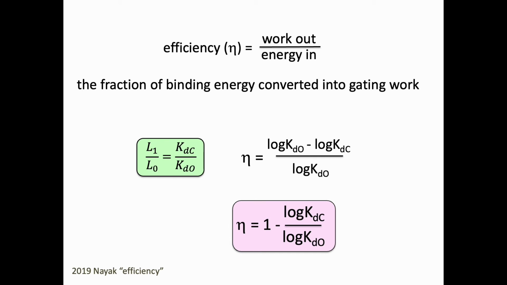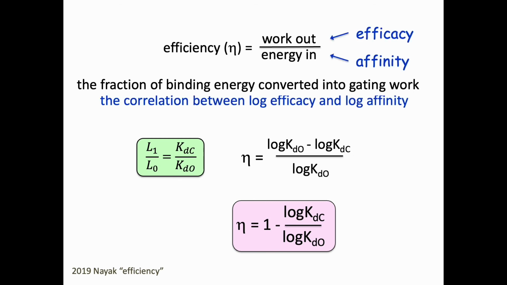So basic efficiency is the work out over the work in, which is now the efficacy: log efficacy over log high affinity. So it's the affinity efficacy ratio. Efficiency is the correlation between log efficacy and log affinity. So if the ligand has an affinity and it has an efficacy, then it has a log correlation. It has an efficiency. I'm going to use these two equations extensively, this green equation, which has been proven experimentally, and this pink equation, which I just derived for you.